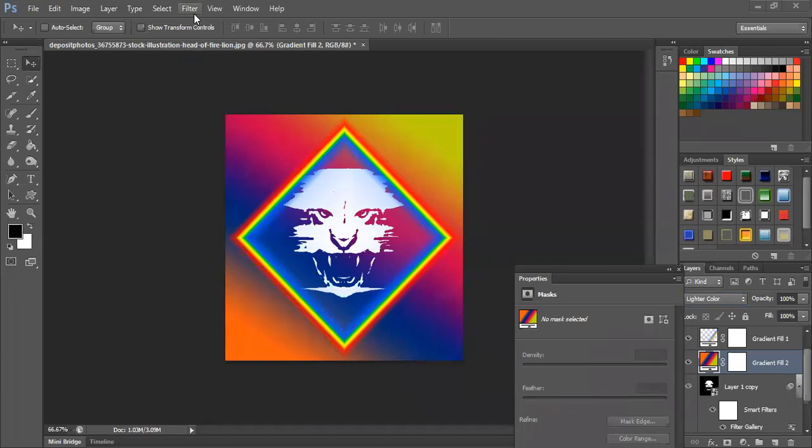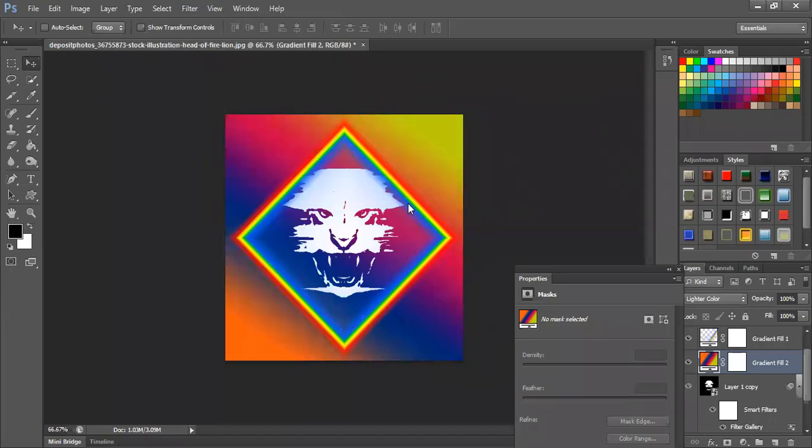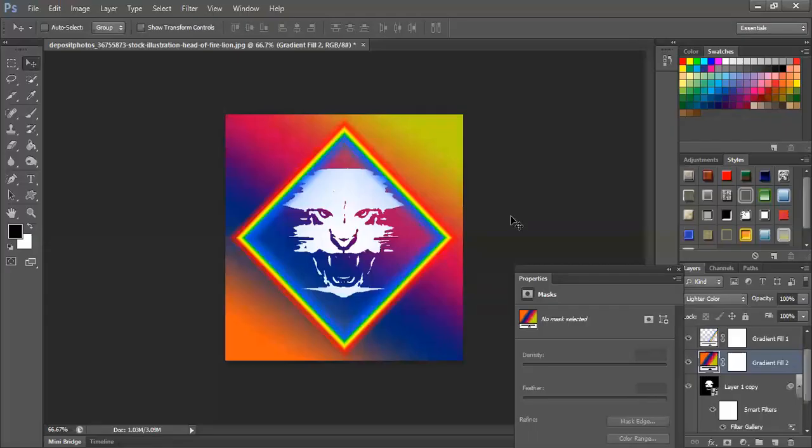Correct? Try out using the filter gallery. So your assignment for this time is you're going to use the filter gallery, and from the filter gallery try to get out various options: artistic, brush, distort, sketch. See what looks good on your image. Pick up an image. I've also given one sample image there in the resources file. There is one more image if you can see there. Use that image and use as many effects as possible. Try to make it artistic, different. What you can do with it could include gradients, could include the filter gallery, could include just adding a new adjustment to make it look nice.